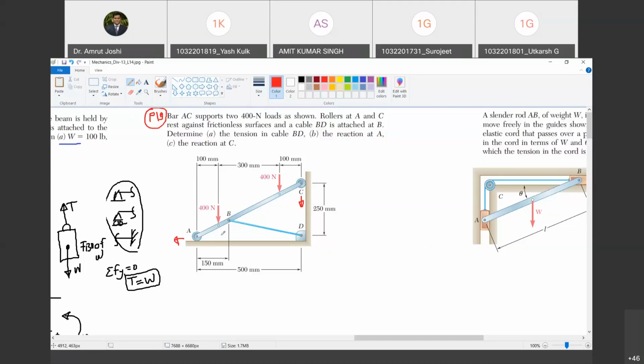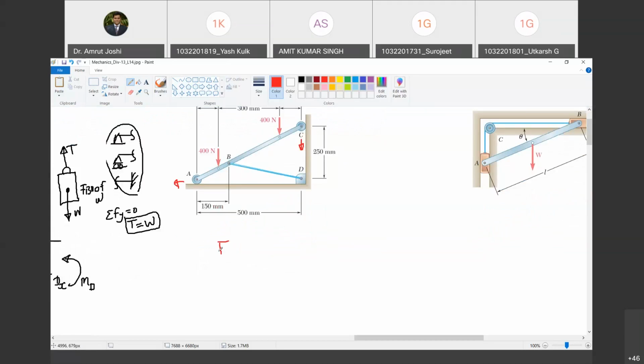Okay. Now, when it has been said that these are frictionless surfaces and you have a support something like a wheel here, what kind of support is it? Hinged, roller, fixed? कौन सा support है? इधर तो like the D तो वो होगा आपका hinge. Which one? No, I am not asking about D. I am asking about C and A. A will be rolling, right? And C is also roller. Do you agree? It's given in the question only, rollers. Yes. Oh, okay, I missed that. So roller, but even if it is not given in the figure, we should understand that there are roller supports at A and C. Happy?